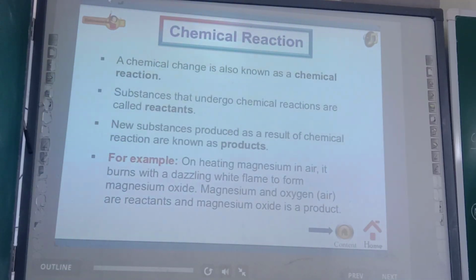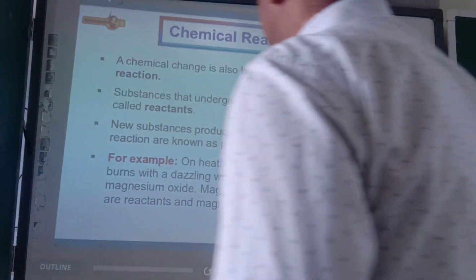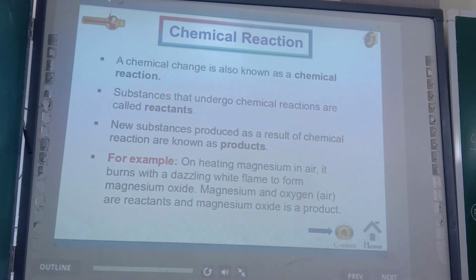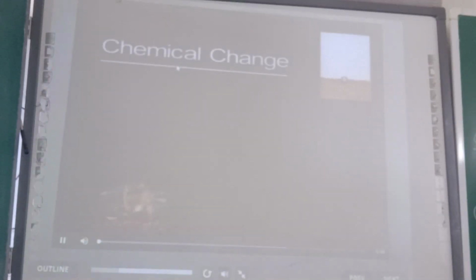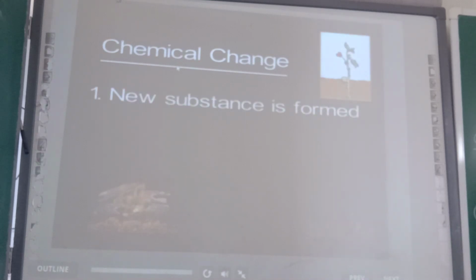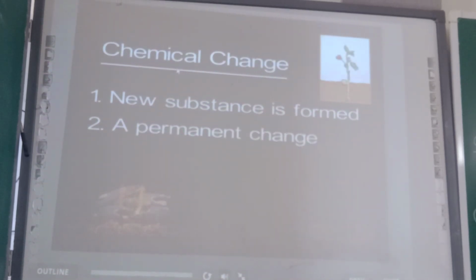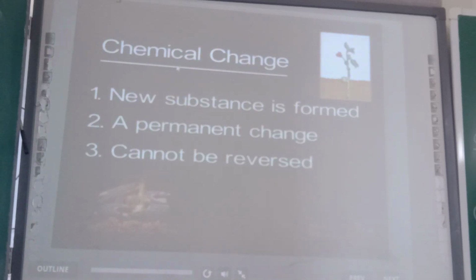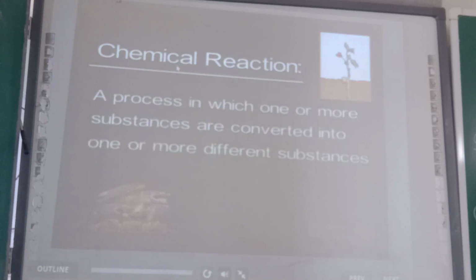Okay, dear cadets, we'll take the help of extra marks to explain chemical reaction. Just see here, one animation. A chemical change is one in which different substances combine with each other to form one or more new substances. This is a permanent change that cannot be reversed. This change is achieved by chemical reaction. A chemical reaction is a process in which new substances with new properties are formed.